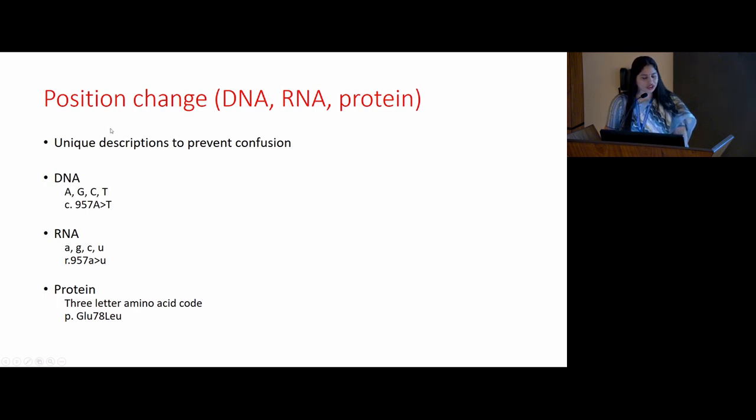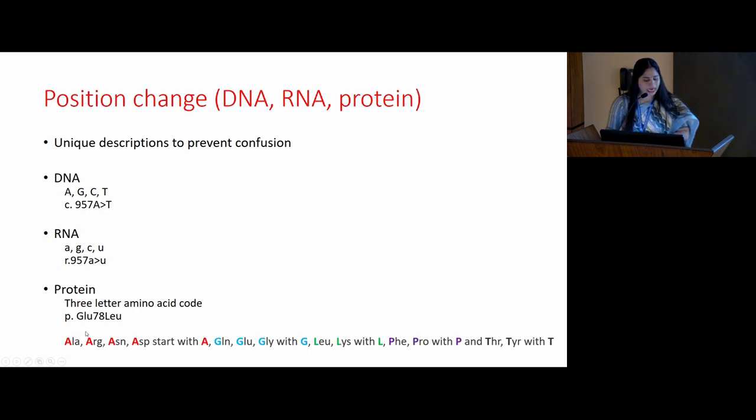So in the third position, we have unique description for preventing confusion. For example, the nucleotide for DNA level, we name it with capital A, G, C, T. But in RNA level, we have to use small letter a, g, c, and we have to use u for obvious reasons. For protein levels, we use 3-letter amino acids and not a single letter in order to avoid confusion,